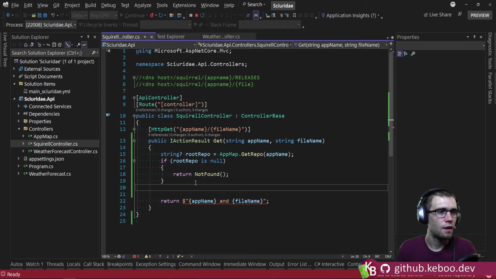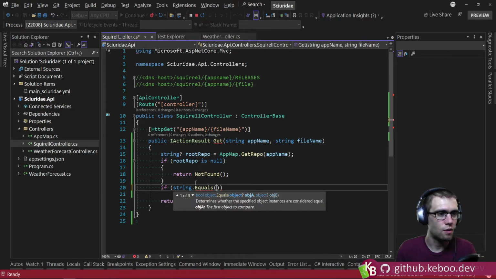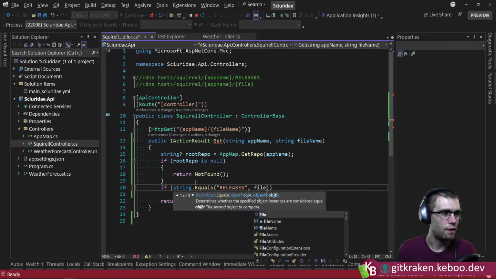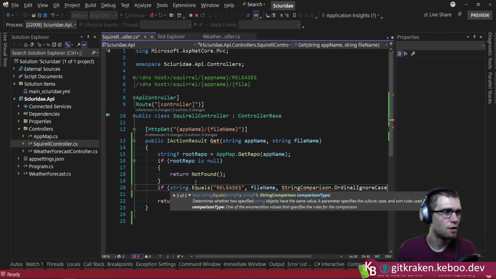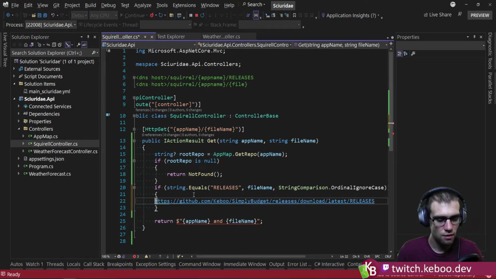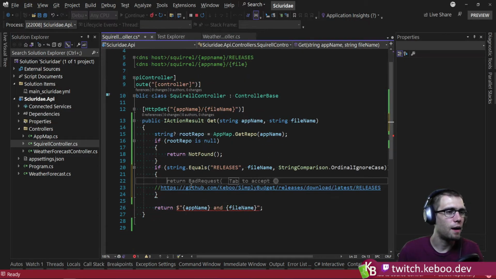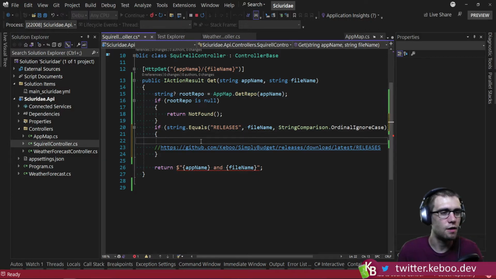So let's see. If string equals releases, file name, string comparison. We'll do another case insensitive, though it shouldn't matter. Grab that for the moment. This will then be, this is just going to give me the base URL, right? Yeah. So I'm gonna need to tack on